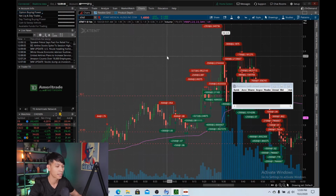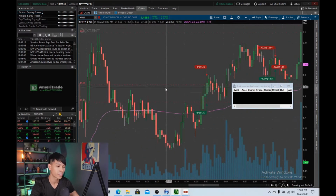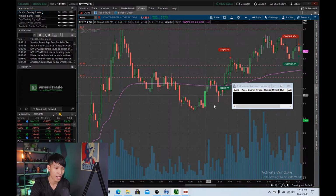So let's look at XTNT, right? I was like, oh man, this is the only ticker gapping up this morning, and I'm not a fan of a ticker under $2, as I know it is super duper hard to fill, and when you get filled, most likely it can tank even farther. So yes, it's super duper hard to fill. So what I did,